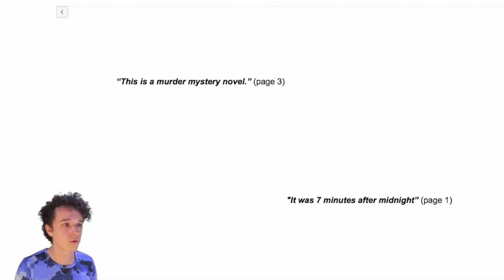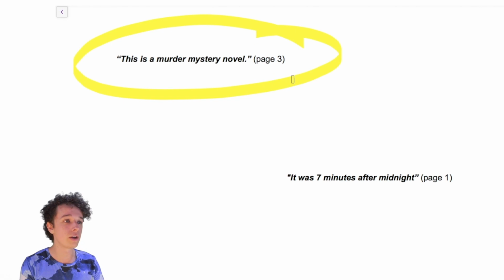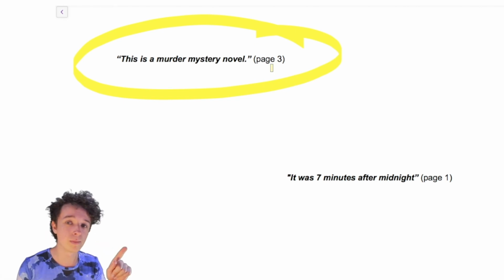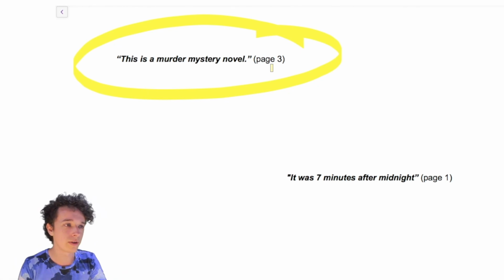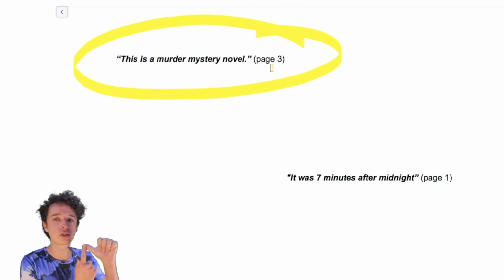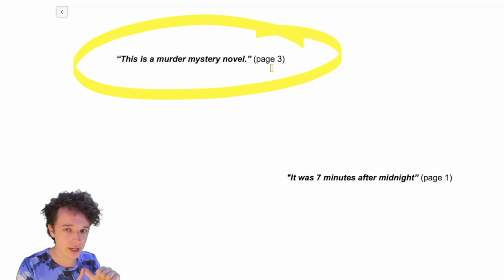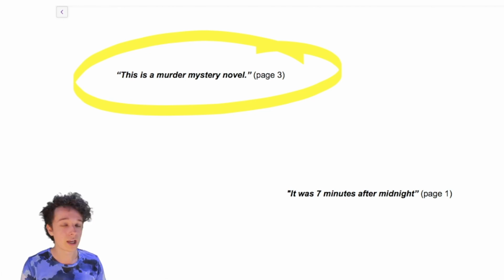So the next set of quotes are how the novel subverts expectations about genre and cliché. We are told on page 3 of the book, and actually these page numbers are referring to a PDF version of the book, which you can see in the description down below, that he states this novel is a murder mystery novel. First of all, it's strange because it's stating the genre straight out. And second of all, it's strange because the victim of the murder is a dog,